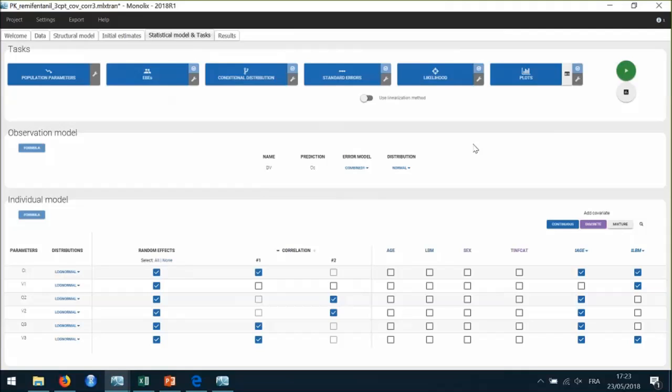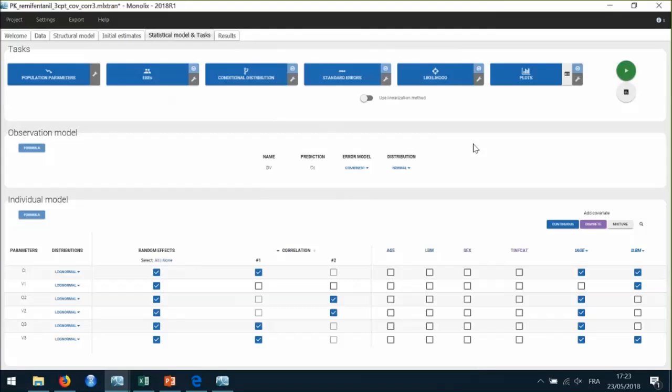The next question is about bootstrapping. In these examples, we have looked at the relative standard errors computed via the Fisher information matrix, but would it be possible to compute them via bootstrapping to assess the stability of the PK parameters?